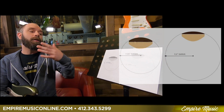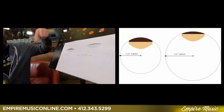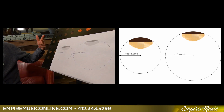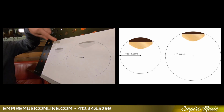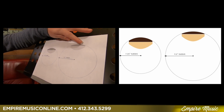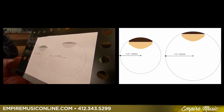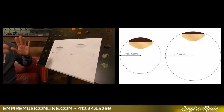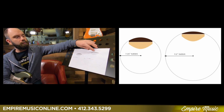If you don't know, the radius of a circle is from the center point out to the edge. So in the case where this is a 9.5 radius, you have a circle with a 9.5 radius. That's this whole circle right there. And see how they would cut this fretboard radius at the top. So the larger the number, the bigger the circle, the flatter we are on the actual part of the fretboard